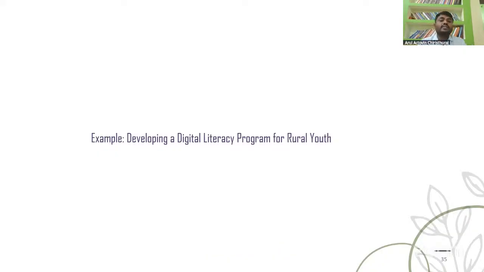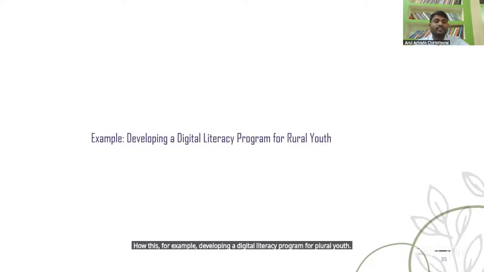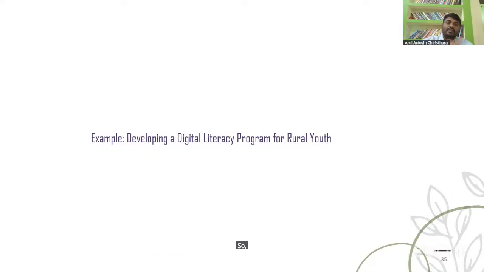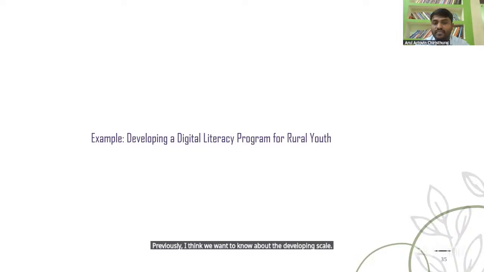For example, developing a digital literacy program for rural youth. Previously, in the sequential exploratory design, we saw developing a scale for digital literacy among rural adolescents, to know the literacy rate among rural youth.